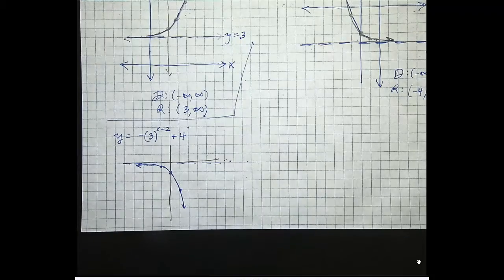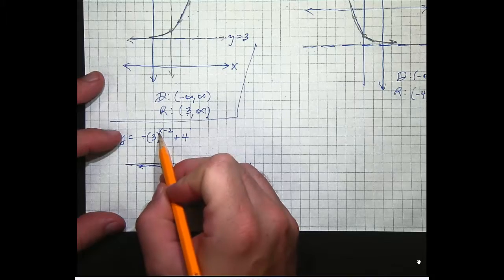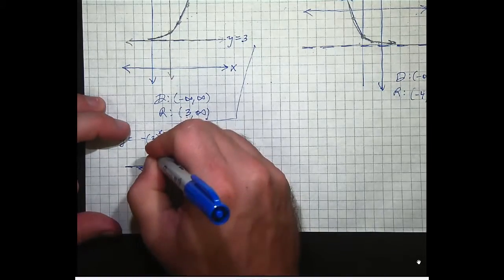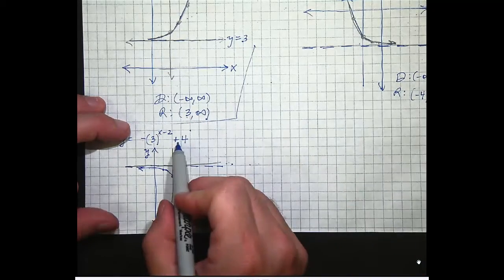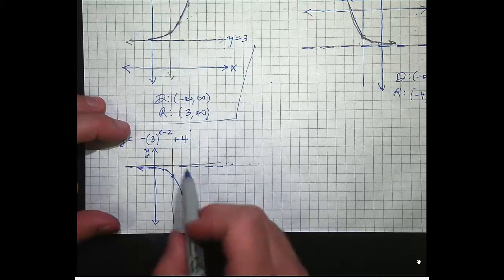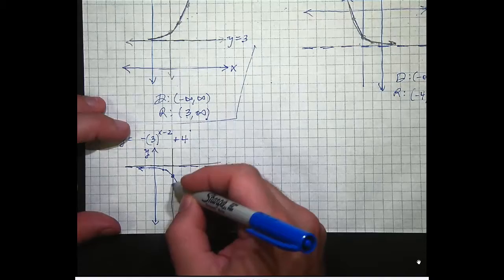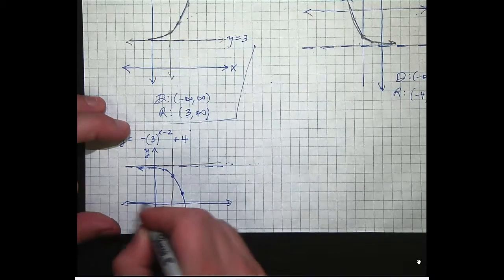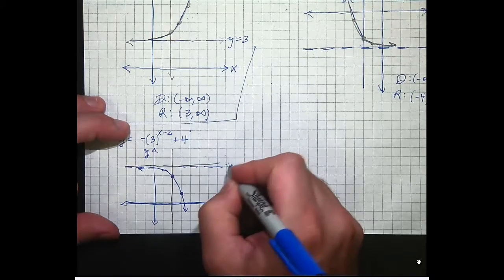But now what I'm going to do is I'm going to shift the underlying graph. So this says shift my points 2 to the right. Instead, I'm going to shift the y-axis to the left again. So here we go. Y-axis now is here. This one says shift the points up 4. Rather than shift the points up 4, I'm going to shift this x-axis down 4. 1, 2, 3, 4. There we go. Sorry, that's not exactly on the line, but there's your x-axis, and this asymptote is at